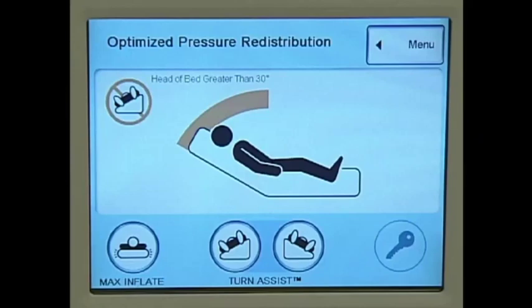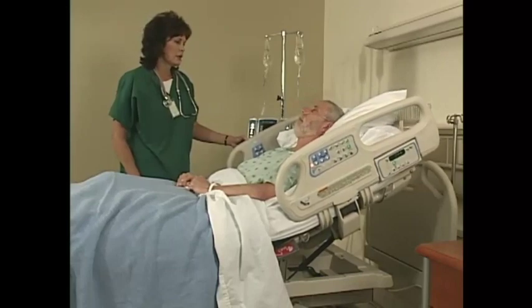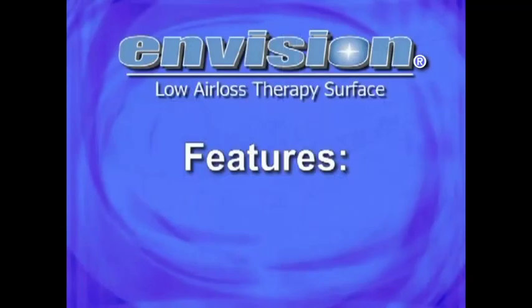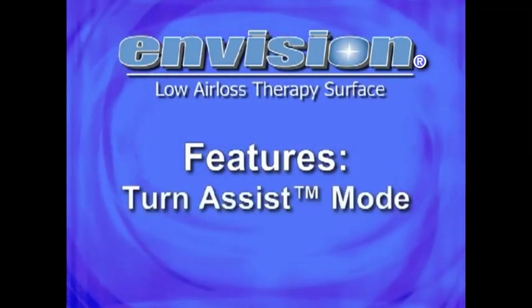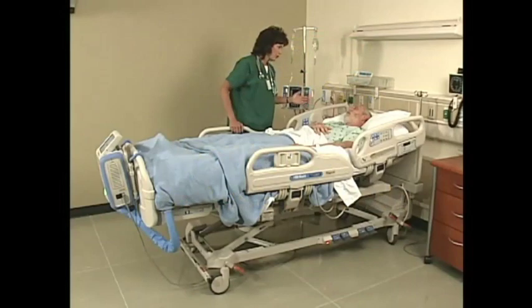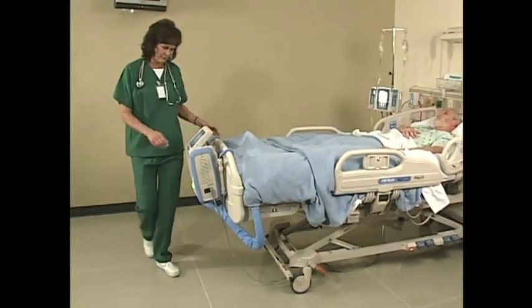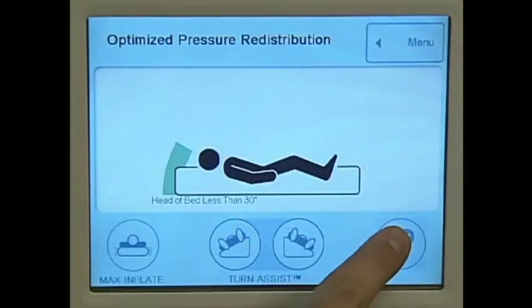Note also that when the head of bed is above 30 degrees, there is an indication that turn assist is locked out. So that we can examine other surface functions, we'll lower the head of bed to less than 30 degrees. Let's now review some ENVISION features. We'll start with the Turn Assist mode. Turn Assist mode helps the caregiver more easily turn the immobile patient for bedpan placement, dressing changes, or to reposition the patient. Press the Enable control,